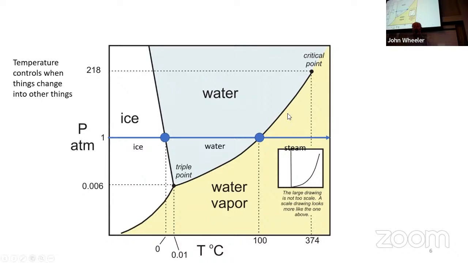So if you go up from steam to water, water's a lot denser than steam. It's perfectly obvious, and that's why water is on the high pressure side. What's a little bit unusual about water, but makes this phase diagram very instructive, is that ice is less dense than water. That's actually a bit unusual. Solids are usually denser than their corresponding liquids, but not for this one. And so you can see then water is denser than ice, and that's why you can make ice melt by